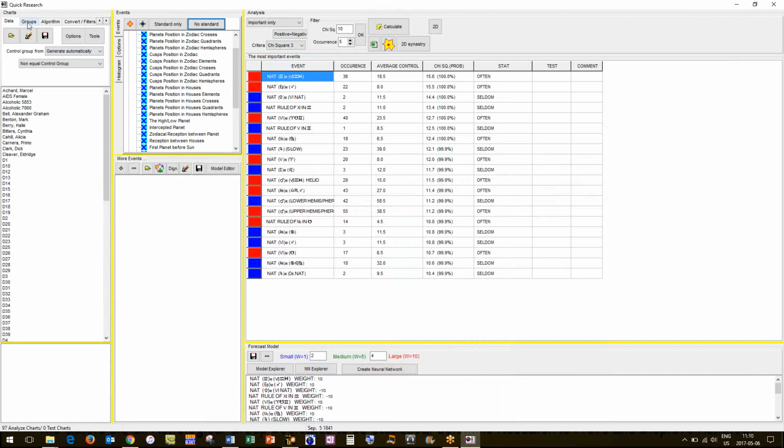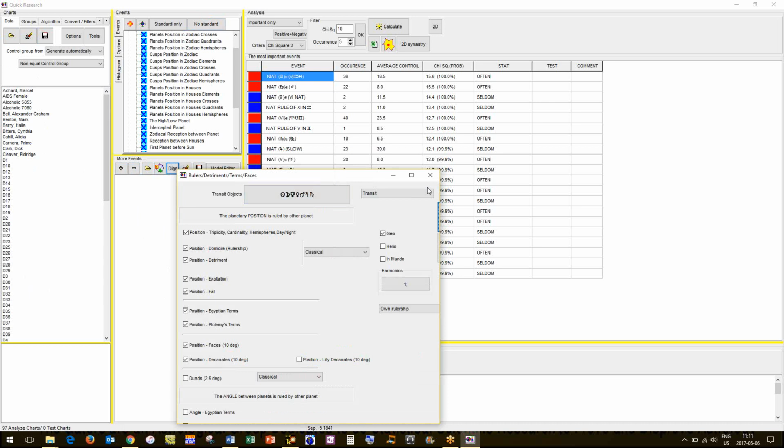moving along here. So let's develop our own model. What we do when we want to develop our own model, we set this to no standard. Now, we have our data all sorted out here, so they're all loaded in. Now we go to this window here. Now we've got a couple of options. We've got plus, minus. So if you've got a set of criteria and you want to add one, you can add that. Or you could subtract one of the criteria here.